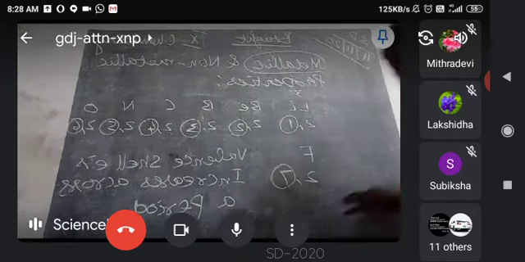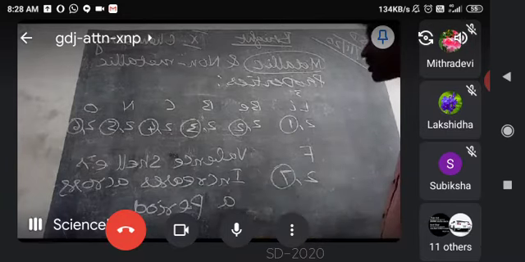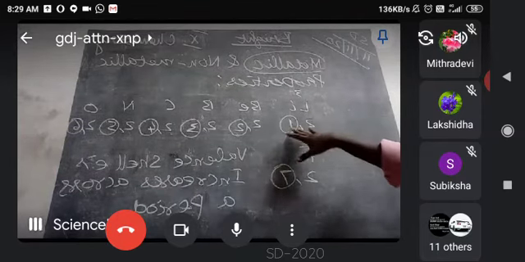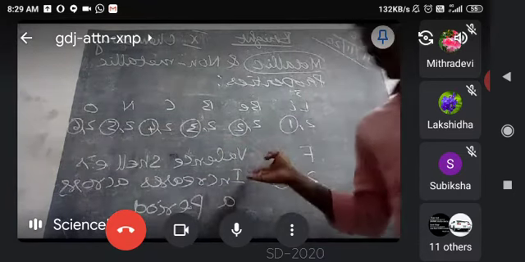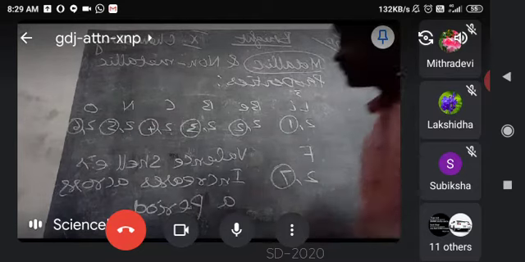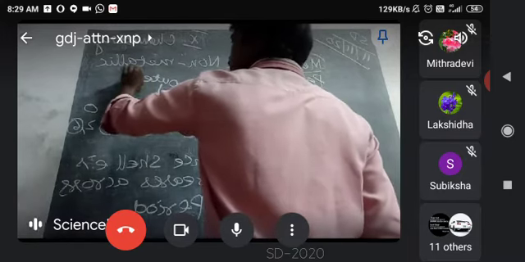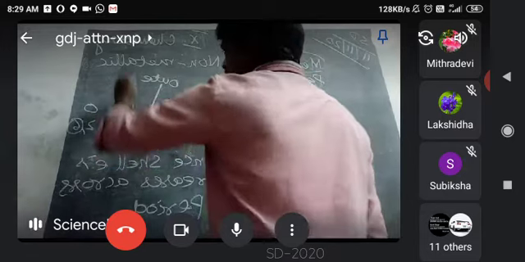Why have I not written neon? It is a noble gas; it cannot donate, it cannot show any metallic property. So I avoided it. By this illustration you can understand it starts with 1 and gradually increases. It follows the increasing order of valence shell electrons. How can we decide the valence shell electrons? Whichever electrons are in the outermost shell are said to be valence shell electrons.